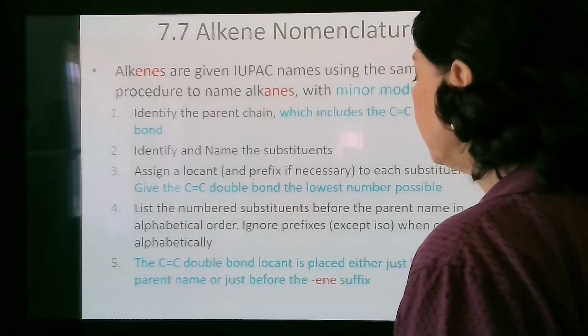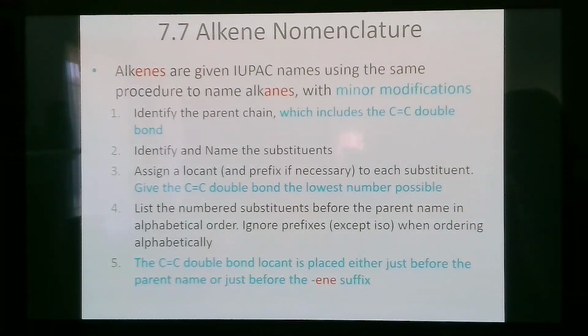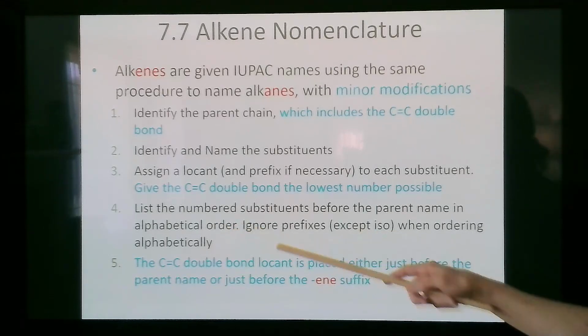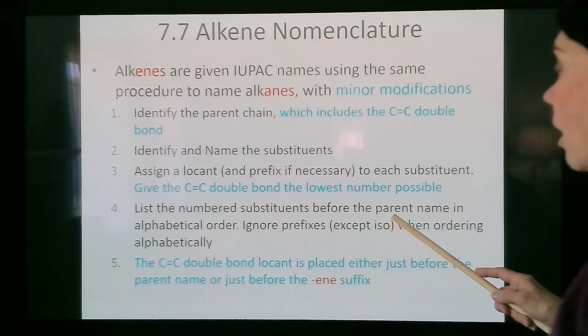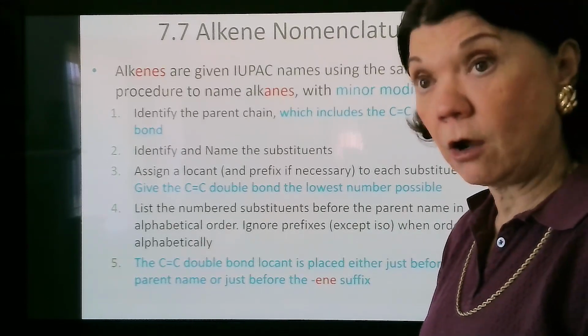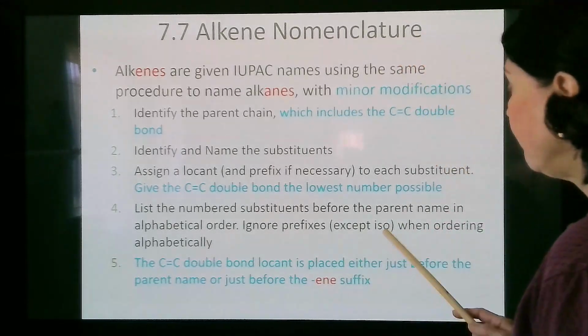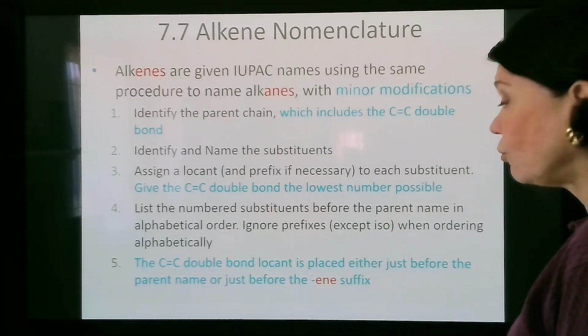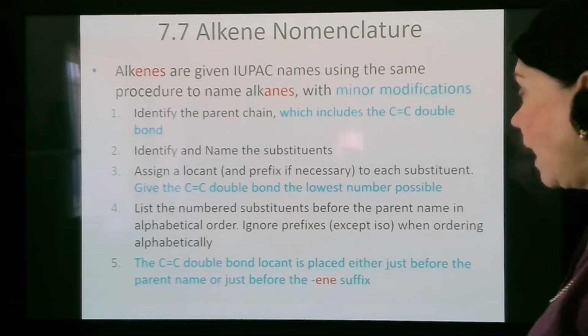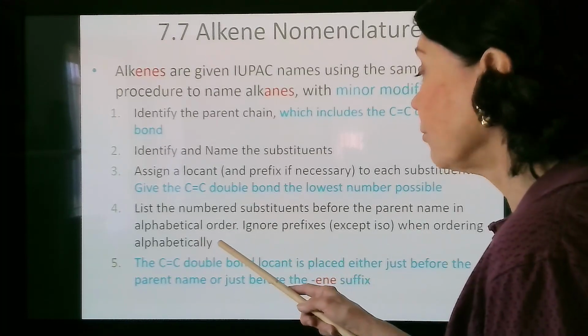So you list the numbered substituents before the parent name in alphabetical order, just like before. You ignore the prefixes except for iso and also neo. There are a small number of these. The ones that do not have a hyphen after them and they are not italicized. When you order them alphabetically,